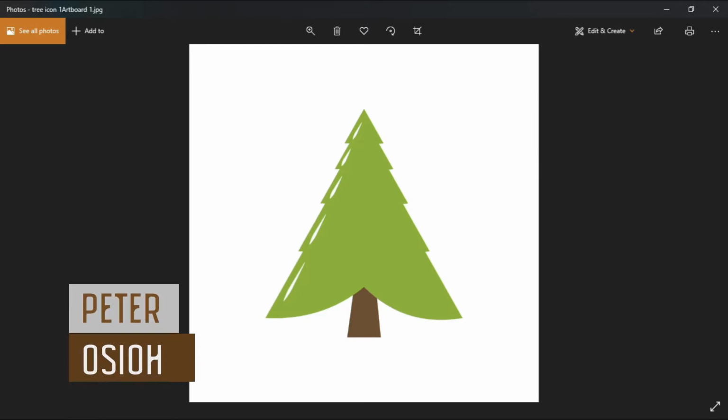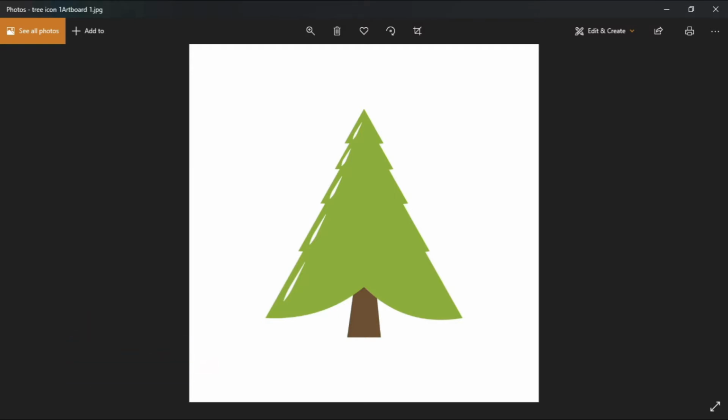I'm Peter with PeteDesignWorks.com. In this tutorial, you'll be learning how to create a vector colored tree icon using Adobe